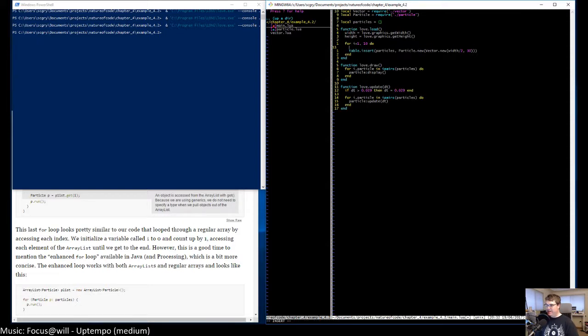What I do like the idea of is inside of here just saying maybe like add particle. Okay, so add particle with new.